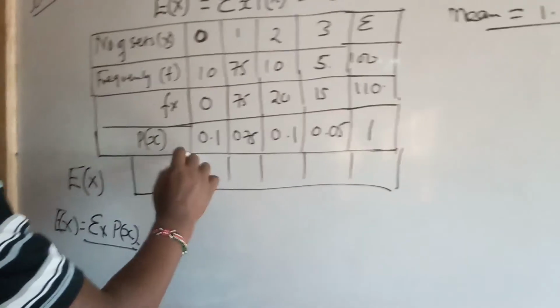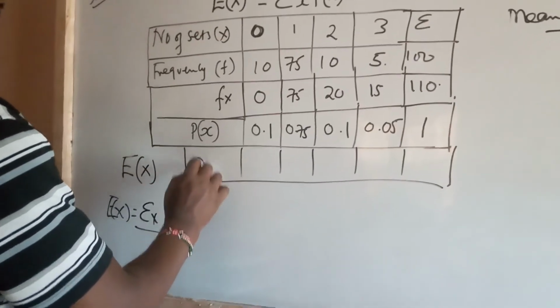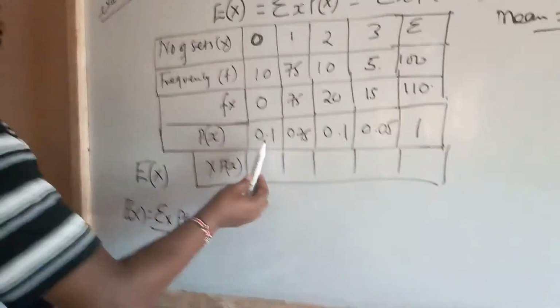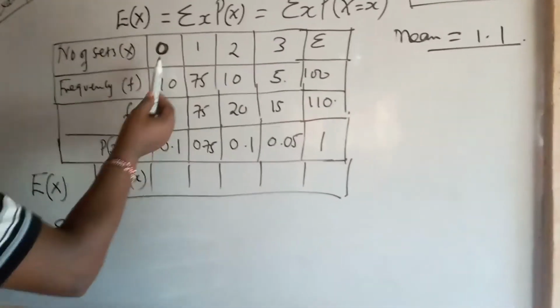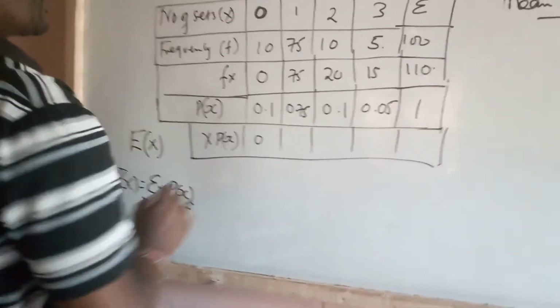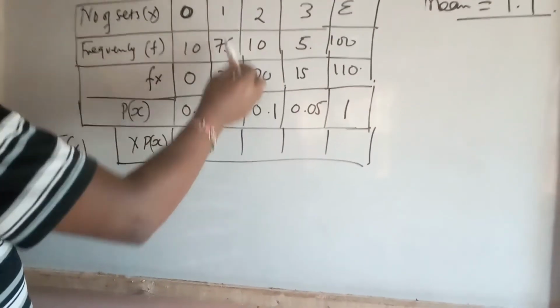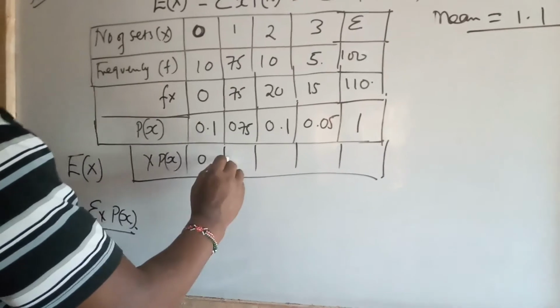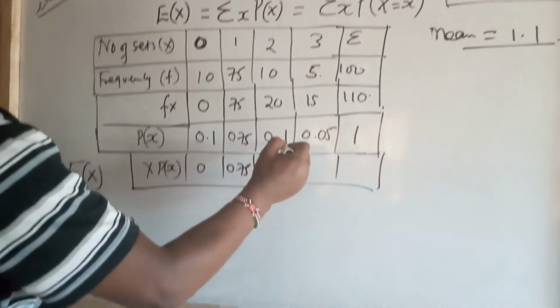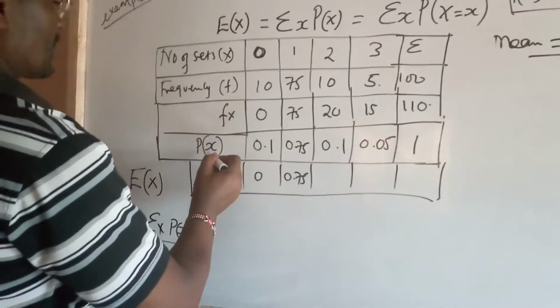We have to have another column of xP(x). The probability of x is this one, and x is 0, so 0 times 0.1 is simply 0. The x here is 1 times 0.75, 0.75. 2 times 0.2, because this is the probability of x